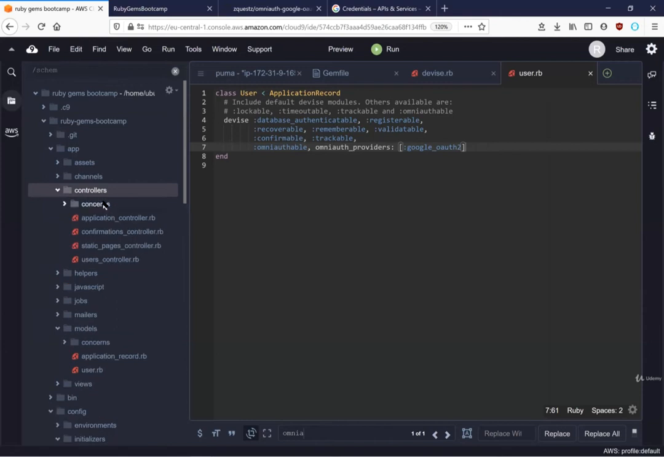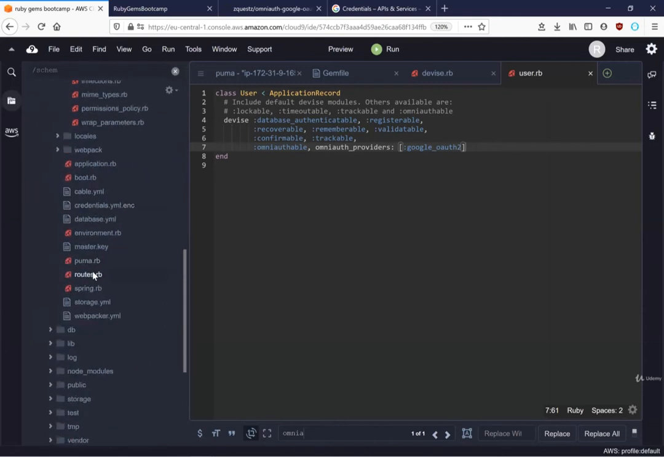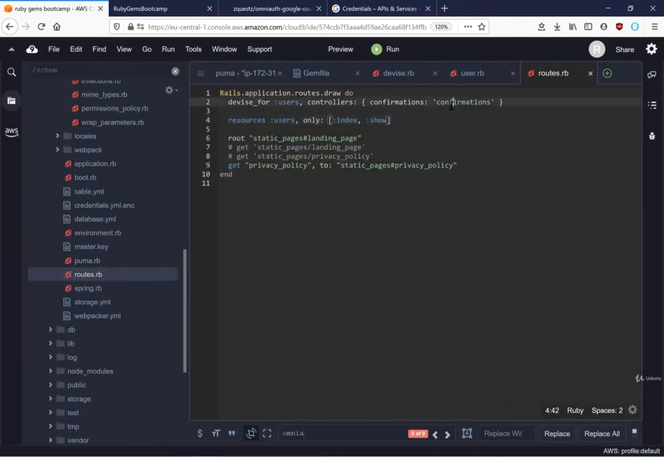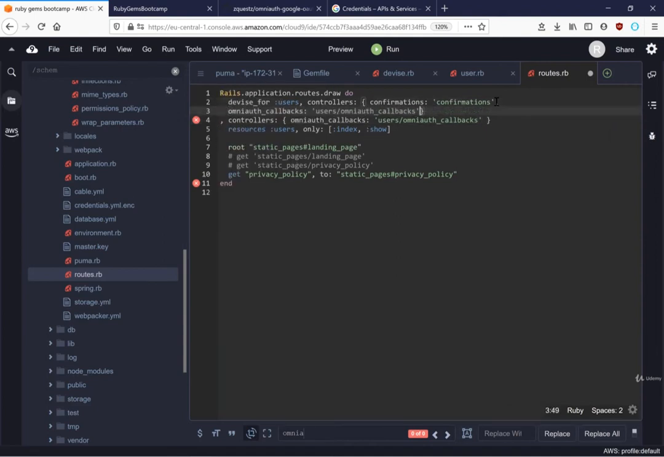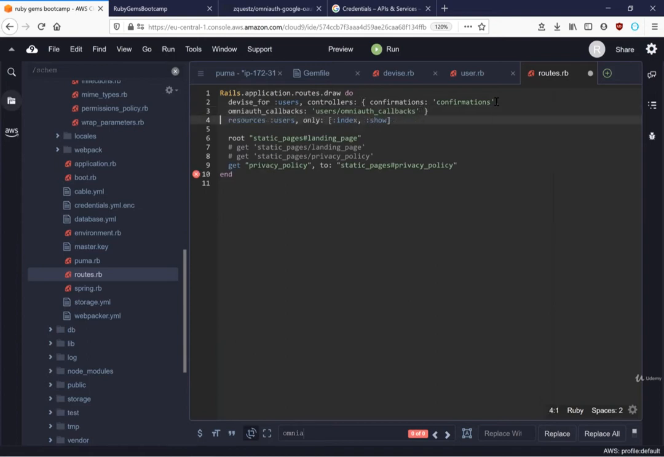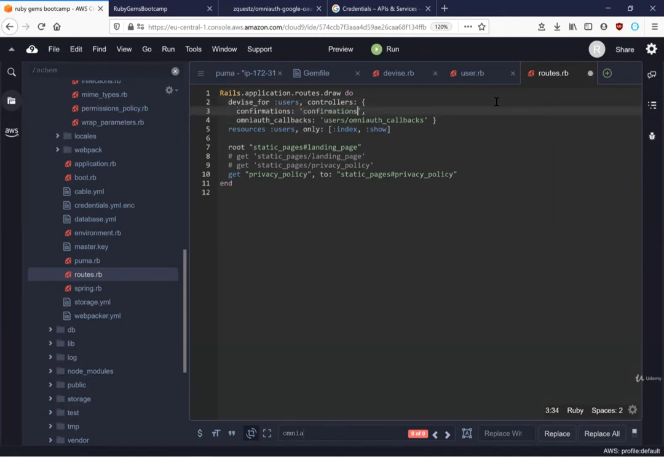Let's go to controllers, actually to our routes. And here, previously for Devise, we've added controllers confirmations. We will just add this here, comma, omniauth callbacks will be in users omniauth callbacks. And actually we can move our confirmations to